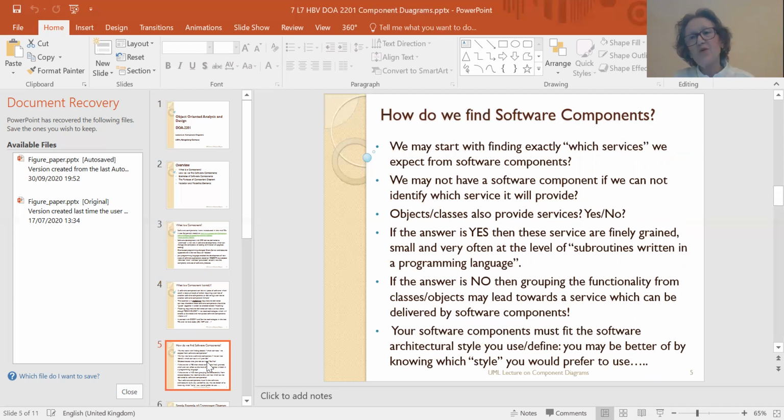No solution there. You can still stay with the classes and objects. Anything can be a software component. A database can be a software component. Your one line of SQL can be a software component. But